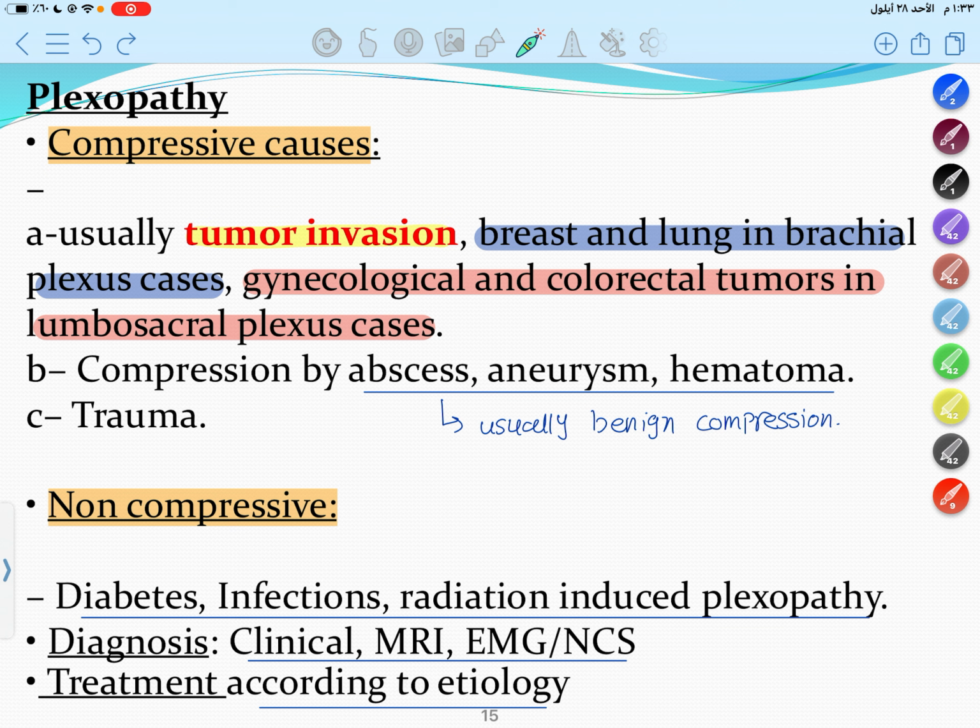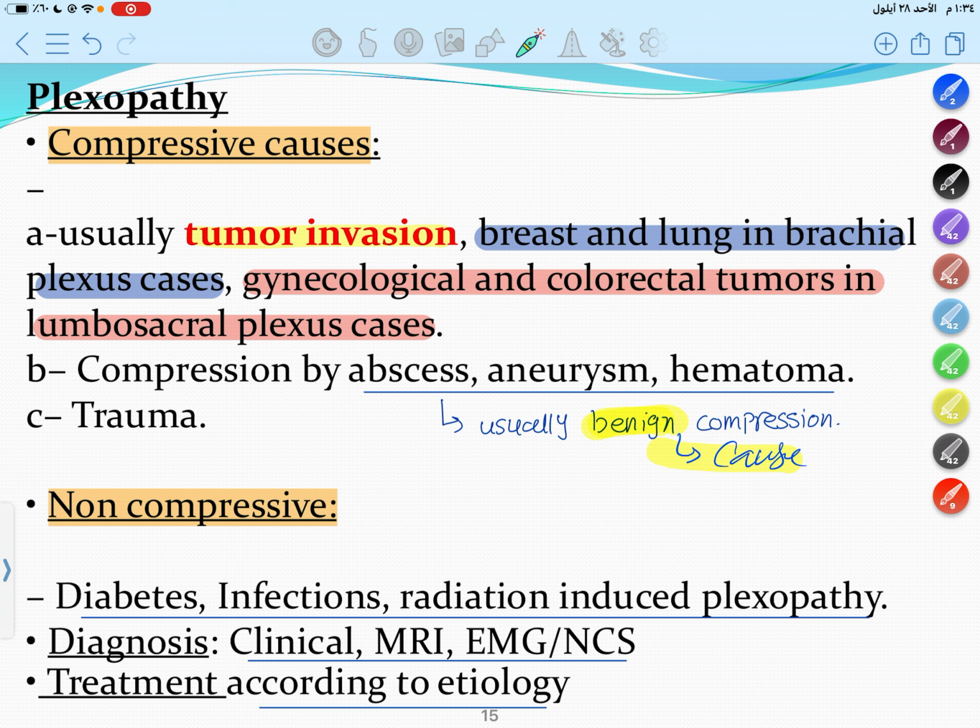But sometimes the compressive cause could be benign, like an abscess or aneurysm, or sometimes a hematoma, especially due to trauma or pelvic injury. For the non-compressive causes, like radiculopathy, we have diabetes, infection, and we have an entity called